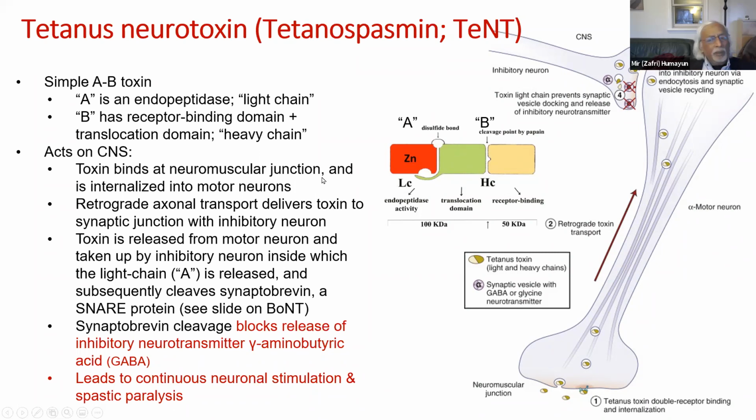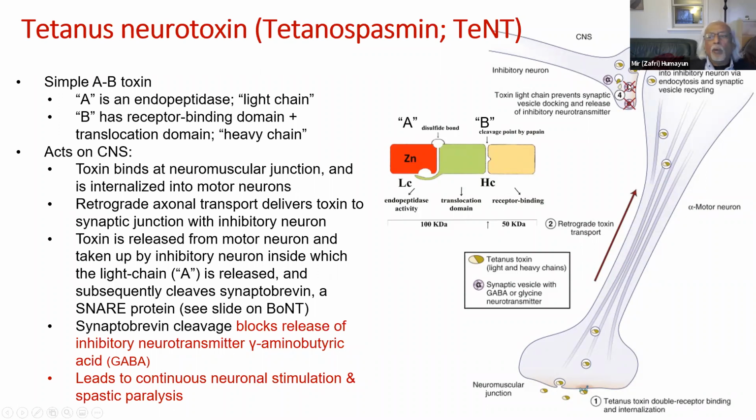the neuromuscular junction. It doesn't bind to the brain, it binds to the neuromuscular junction, shown diagrammatically here. Nerve ending and muscle, right? The neuromuscular junction. However, this is very important. It does not act there. Instead, the toxin is transported via the axon to the next synaptic junction with an inhibitory neuron. So the toxin is absorbed at the neuromuscular junction, but transported axonally and delivered to a synapse with an inhibitory